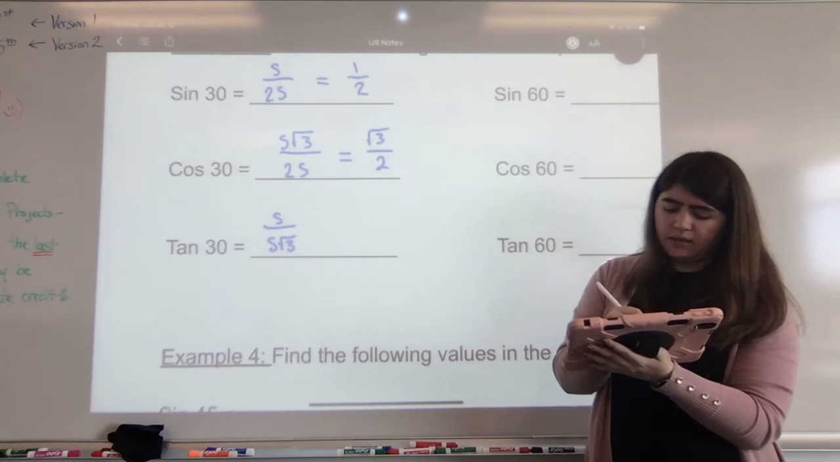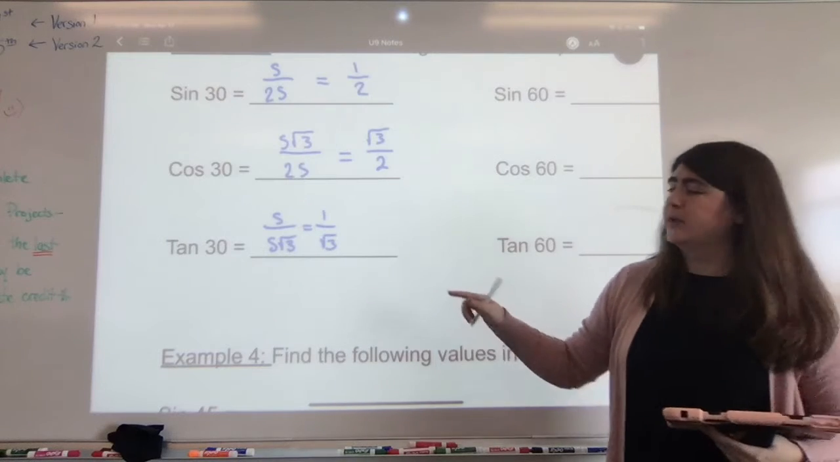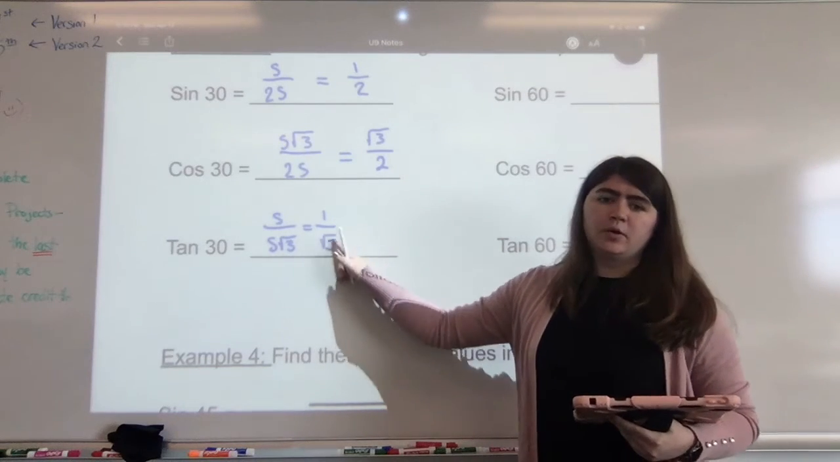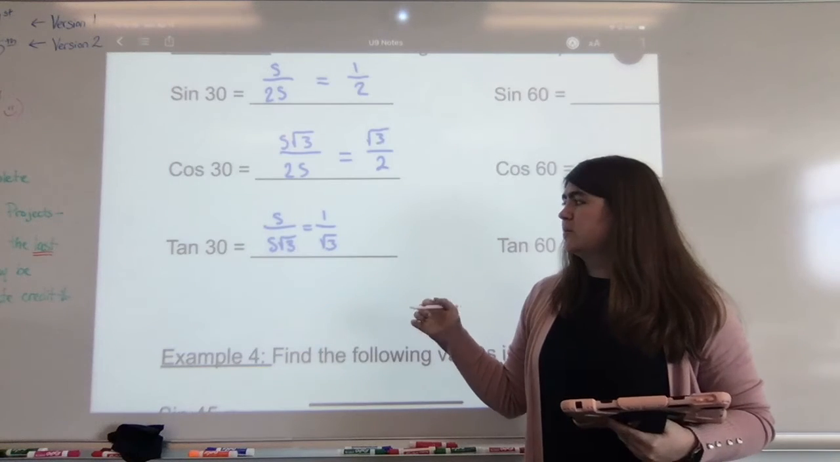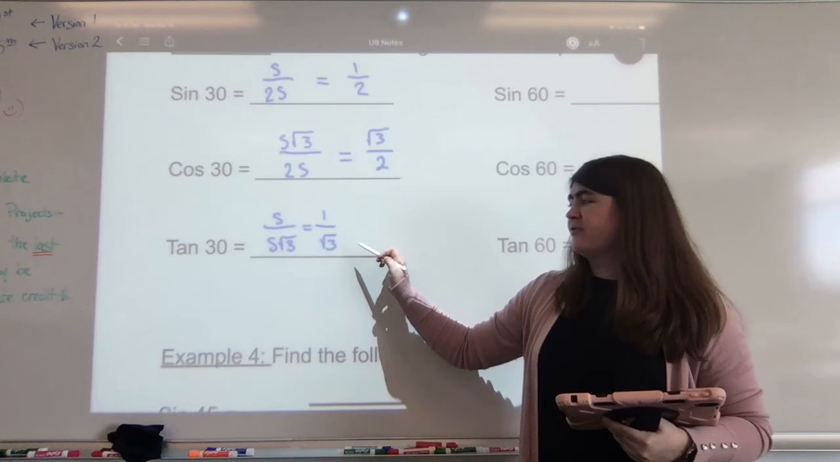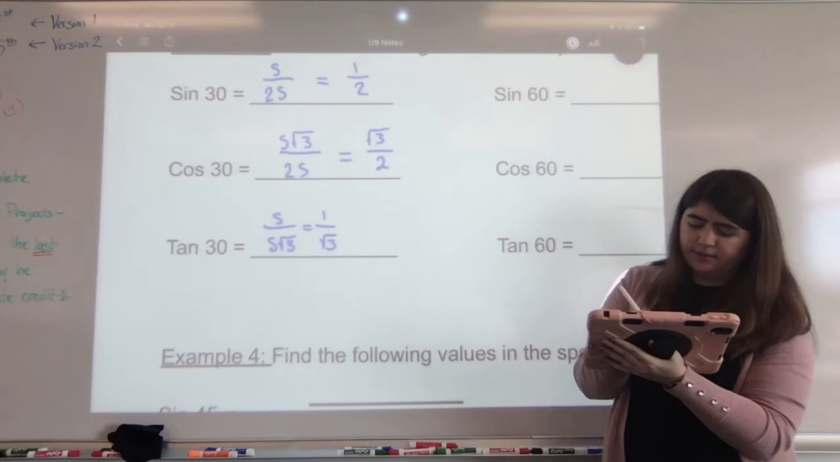Which we can simplify down to 1 over the square root of 3 because the s's cancel out. But that's not where we're going to stop, because we don't want a square root on the bottom of our fraction. So to get that out, I'm going to multiply both the top and the bottom of the fraction by the square root of 3. And when I do that,